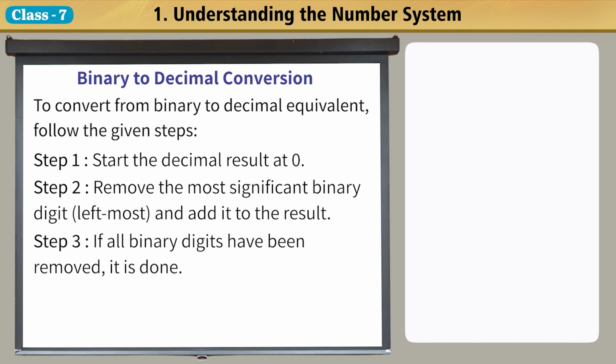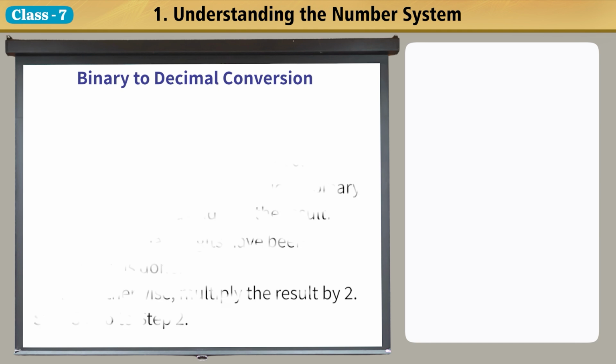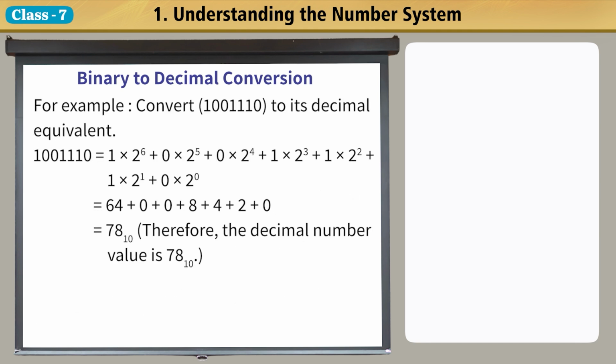Step 3. If all binary digits have been removed, it is done. Step 4. Otherwise, multiply the result by 2. Step 5. Go to step 2. For example,